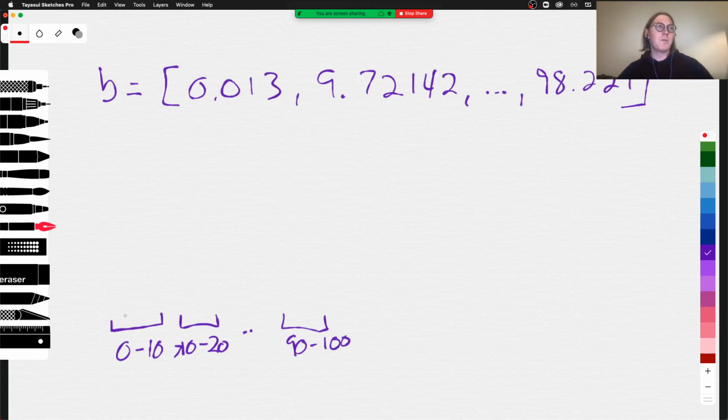So, we might count the number of items that fall into each of these bins. We obviously have an item that falls in here. We have an item that falls in here. We actually have 2 items that fall in here. And let's imagine, we just have, I